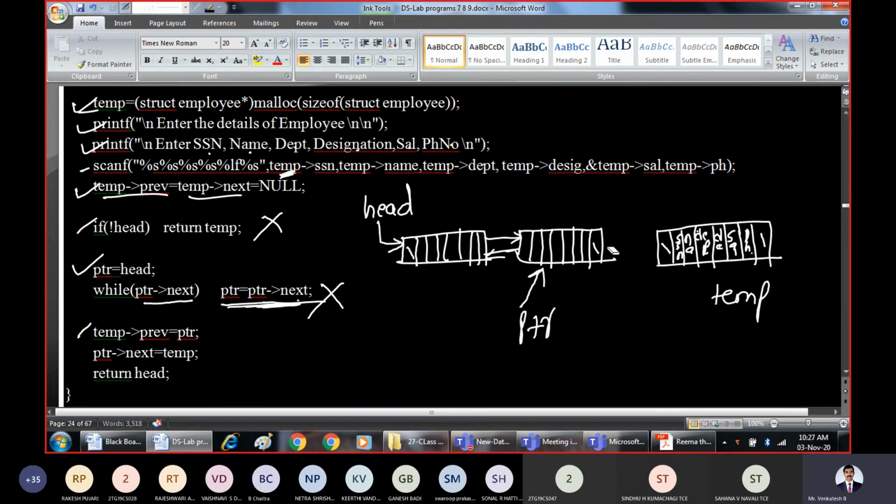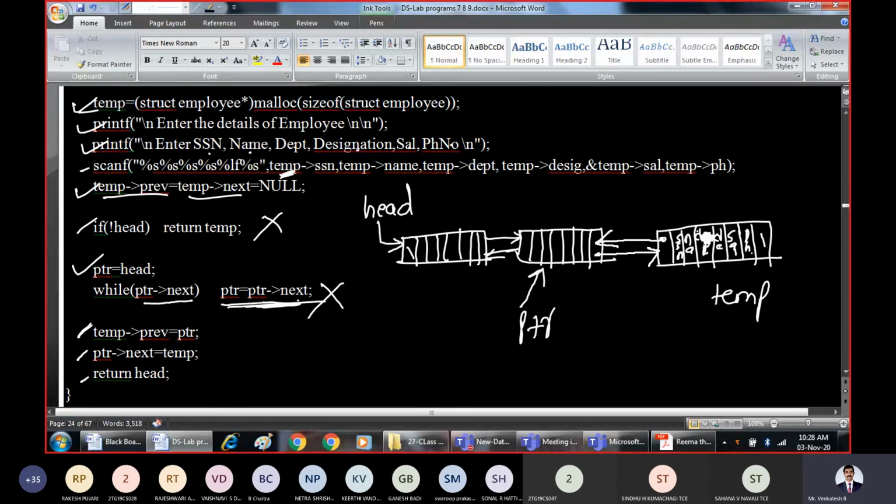As we are going to perform linking here, I will erase these pointers now. So this will be null itself at the end. Temp pointer previous, because we know that this is the previous pointer, and this is the next pointer. Temp pointer previous should point to PTR. PTR pointer next should point to temp. We have successfully performed linking between these two. Now this has become part of this node, and simply return the head.